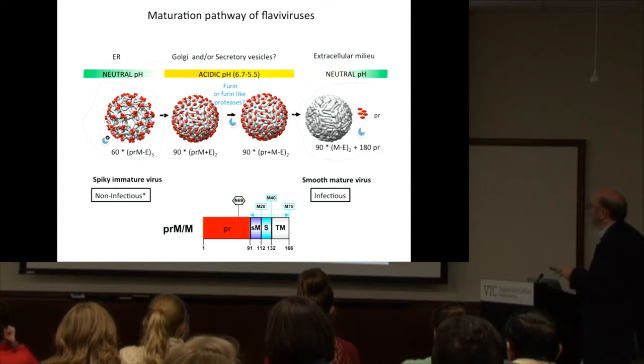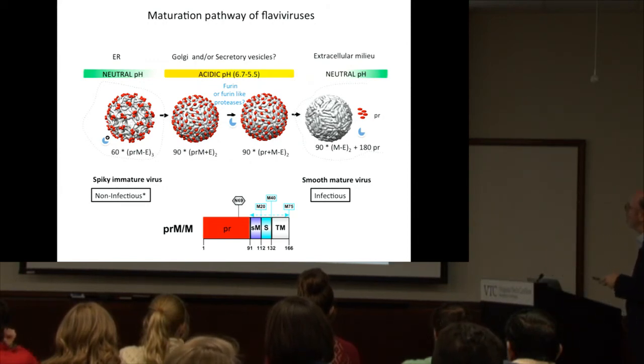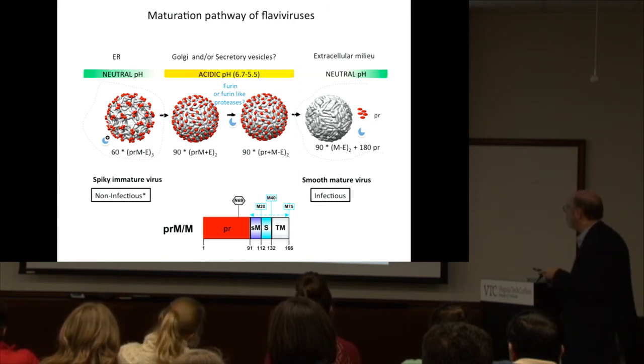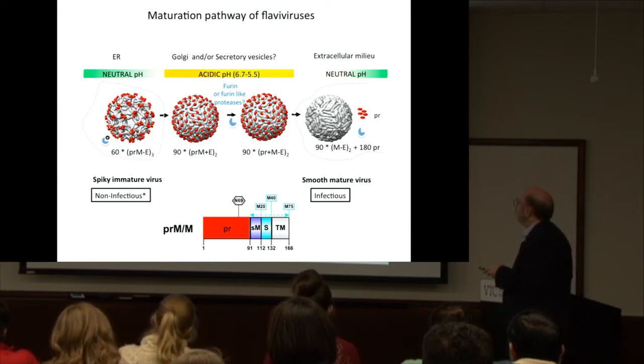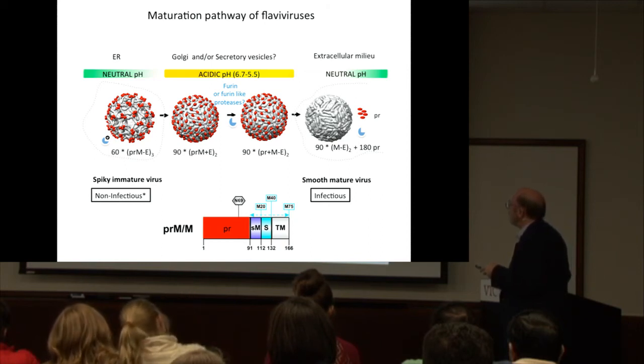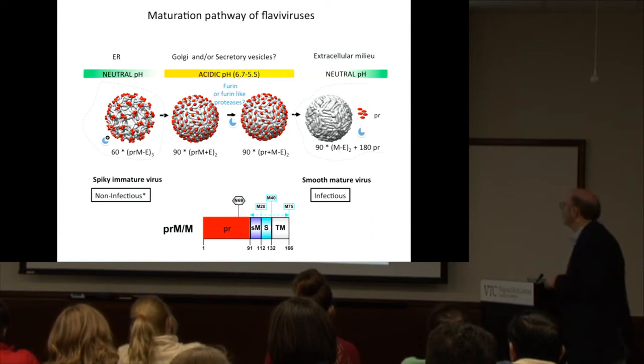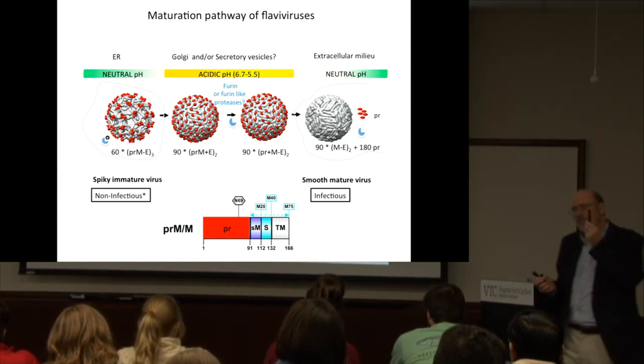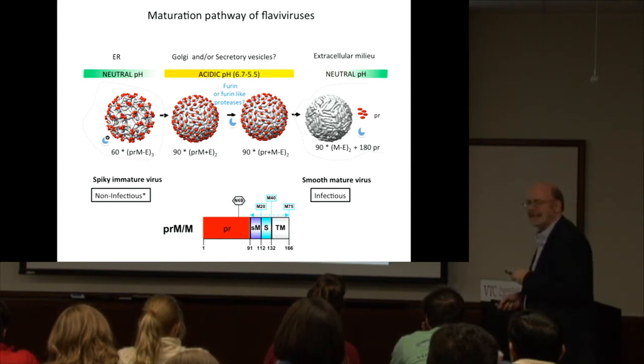So the virus is first produced by budding into the ER lumen in an immature form. This structure of the virus we have solved, and as I mentioned, we just got the paper accepted for Zika virus. And so it is formed in this immature state in which you have PRM bound to E as a heterodimer, and 3 of those form a projection on the surface of the virus particle. This particle then moves through the secretory pathway, and when it enters the trans-Golgi, that's in a slightly acidic environment,